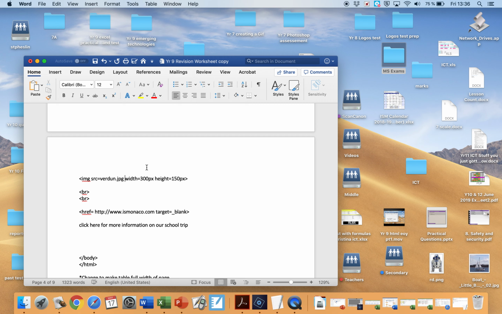I also need to do the following. I need to do alt equals picture of Verdun. Okay, so let me just explain what I did here. When you have a picture, not all browsers might open up pictures for whatever reason. So this alt tag will display this text here, picture of Verdun. So you need to do that as well when you have an image. You need to put alternative